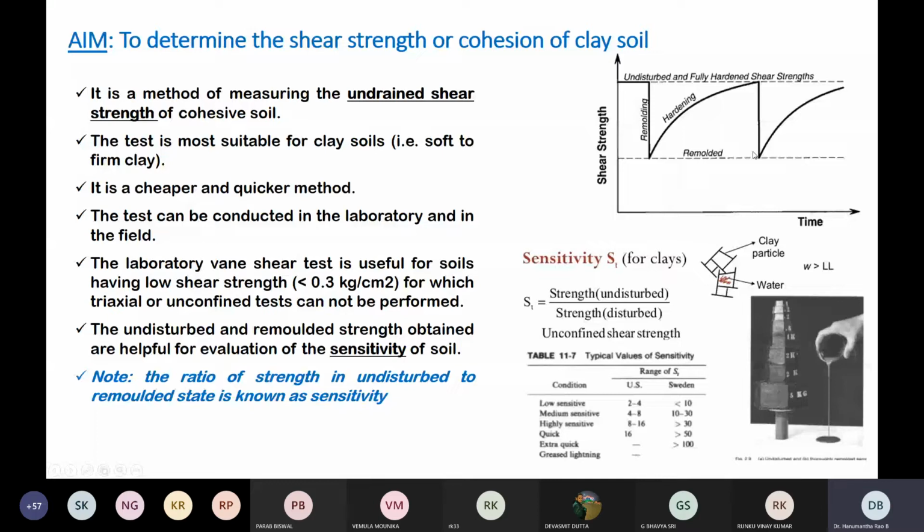The best procedure is first you take the container, because this container is a small one, as you can see. It is hardly 35 millimeter diameter and 70 to 80 millimeter height. That is the geometry of this container. Since the Vane shear test is usually conducted on top soils, you take any clay soil sample, prepare it for a particular moisture content, and fill this container. This is a very simple procedure: simple filling of the moist soil into the container.